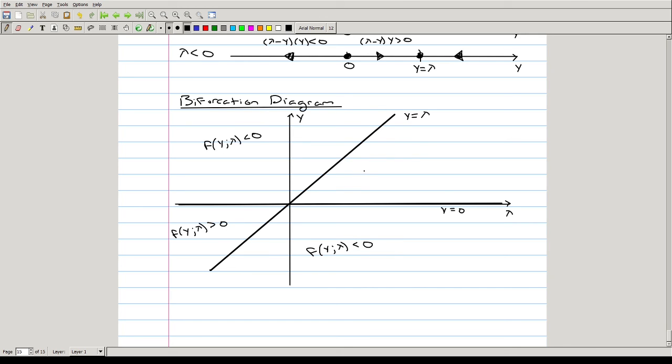And it's going to be positive in this region right here. So if you fix the value of lambda and you look at the corresponding phase line in any one of these regions,